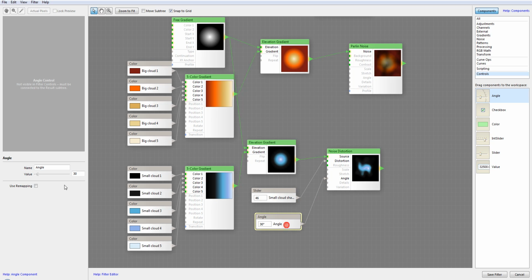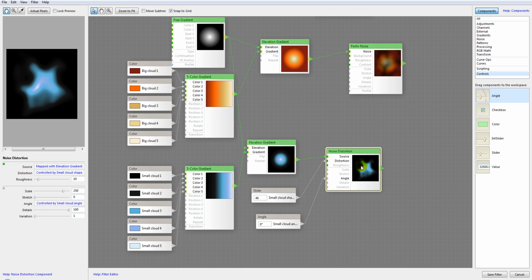Okay, and let's go to angle, cloud rotation. That's too long, maybe just angle. Okay, so right here, and again, we can set it to 0 by default. Now if we look at distortion, let's modify a couple of things. I want to take roughness and pop it up, so we have a nice type of roughness on this cloud. Okay, scale,